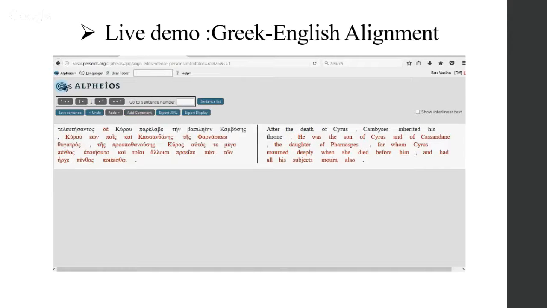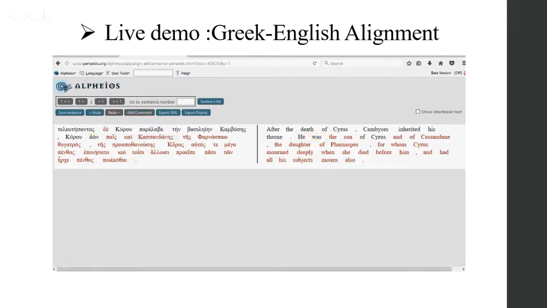It's aligned, black. And then you have Kyrou. So again, genitive. You click on it, and then you click on of Cyrus, and then you click on Kyrou. It's black, so it's aligned, and so on. So you could go on now with the other words.